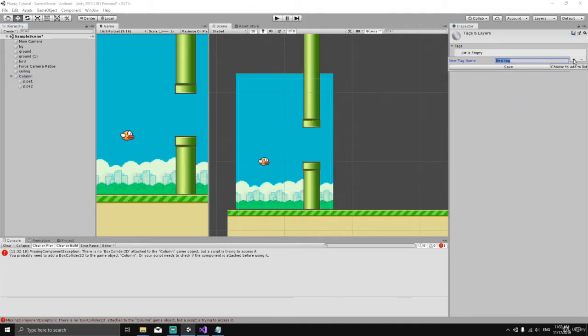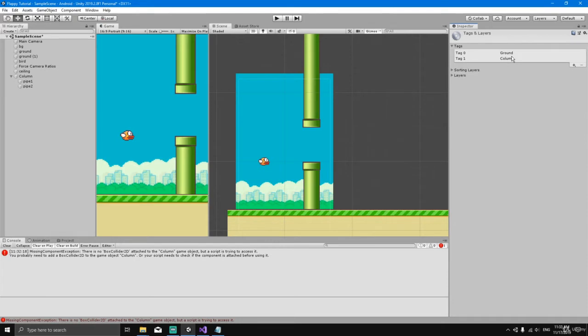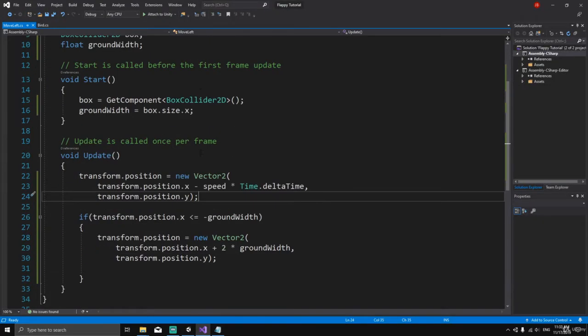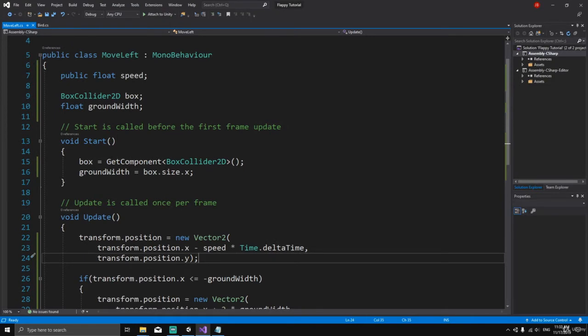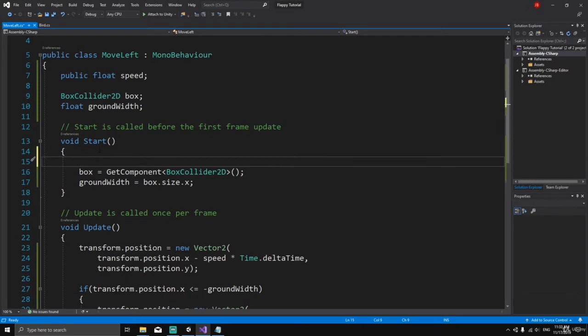We're gonna create a tag for the ground, so type in ground, click save, and now click the plus button again, and we're gonna type in column for the column and click save. Okay, so now we have two tags. So now we can modify the script, and according to those tags we can specify different behavior. Okay, so to do this, for example, inside the start method, we could say if